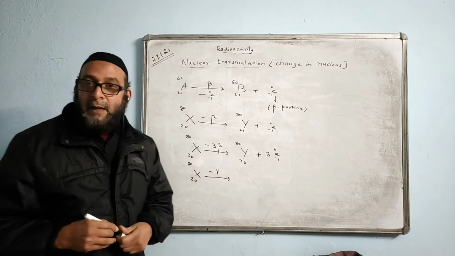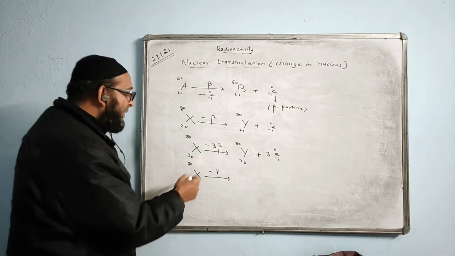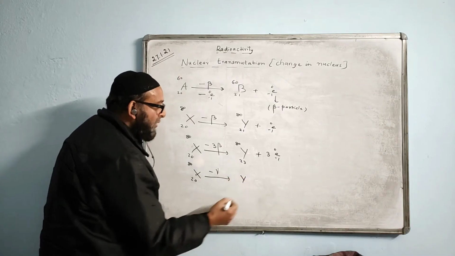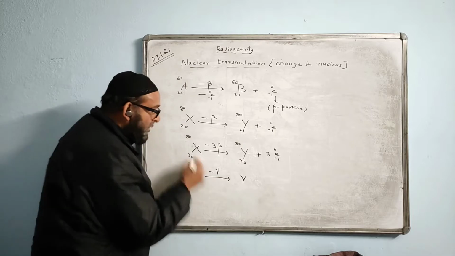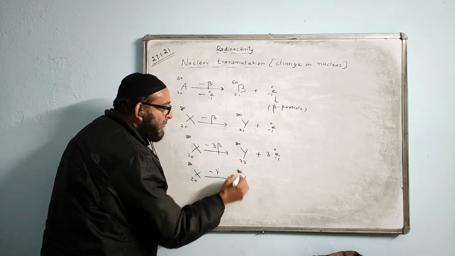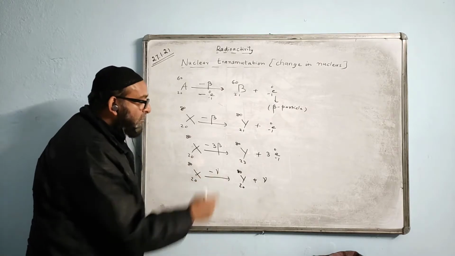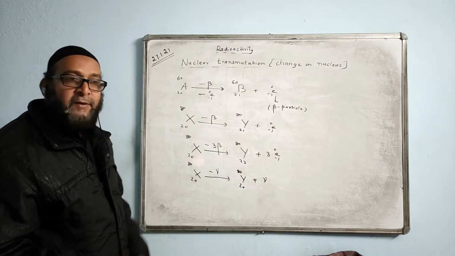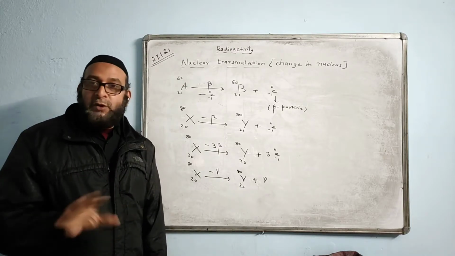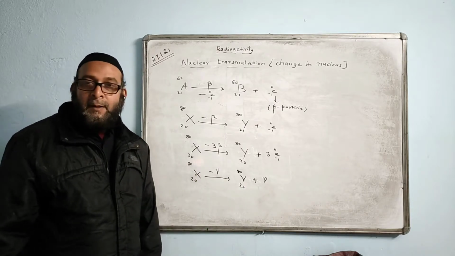Similarly, when X is a nucleus given as 20 and 80 and is giving a gamma, now gamma is not a particle, gamma is a radiation, a kind of wave. So what change will take place? X may change into Y nucleus, but its composition will not change because it doesn't have any mass. Both remain the same, 20 and 80 remain the same. Plus here we will be writing the symbol for gamma. So when gamma is emitted, there is no change in the composition of the nucleus. Nucleus remains the same, no change.